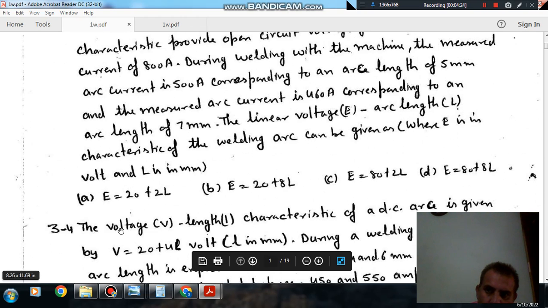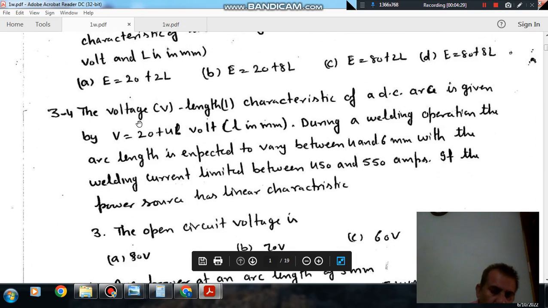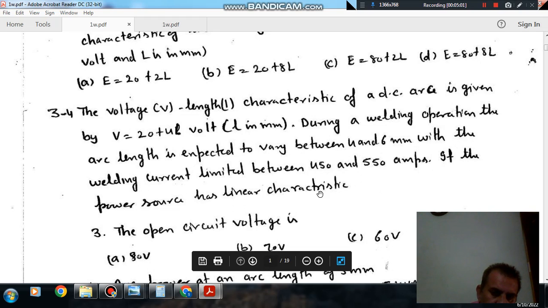Okay, so next, questions number 3 and 4 carry a common statement. The statement is: the voltage V, length L, characteristic of a DC arc is given by V is equal to 20 plus 4L volt, L in mm. During a welding operation, the arc length is expected to vary between 4 to 6 mm, with the welding current limited between 450 and 550 ampere. If the power source has linear characteristics,